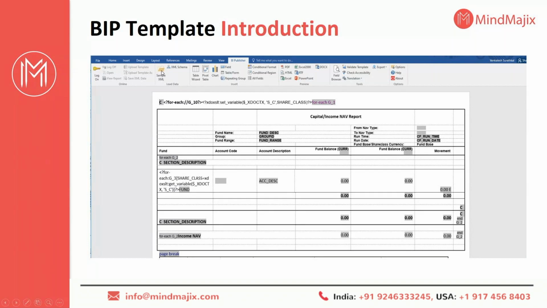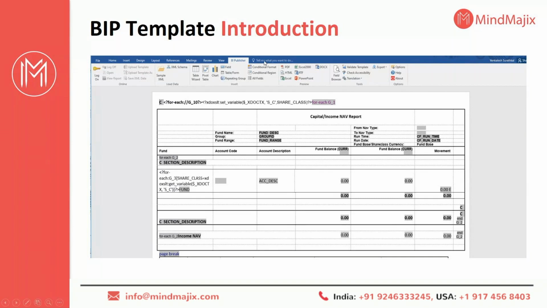By clicking on this sample data, they can load the particular XML and then start designing the report. Internally they will have the sample data, where they get to know the data structure, in the sense of how the data is structured in the reporting solution or report server. They just need to put in the traversing method to get the data and the transforming method to show the data. We do those things with the help of Word as well as XSLT transformations.